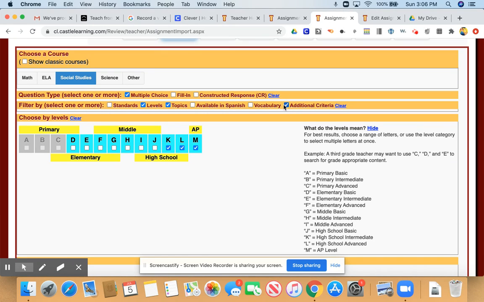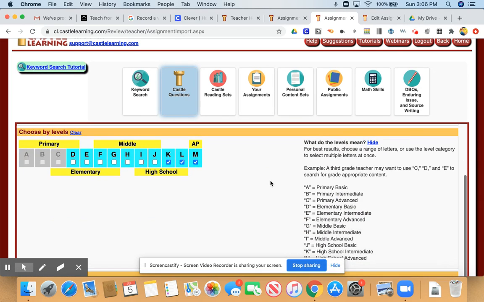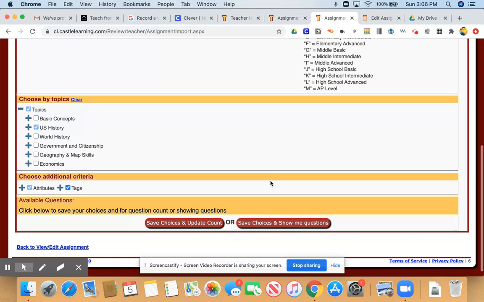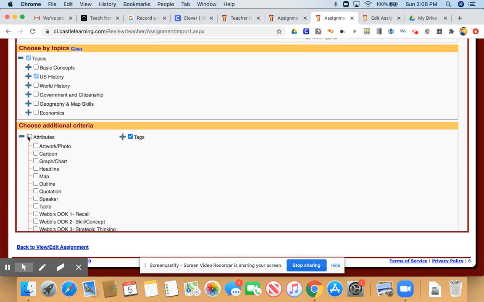Another thing that was really helpful about Castle Learning that I use for my students is this additional criteria when I'm selecting questions. So when I'm creating an assignment and I'm selecting the kinds of questions that I use, I have students who definitely have trouble with maps. So the ability to look for questions on a particular topic with only maps as the attribute,